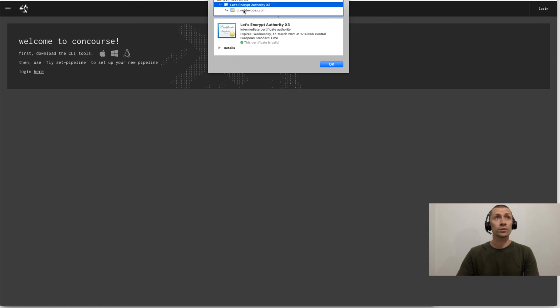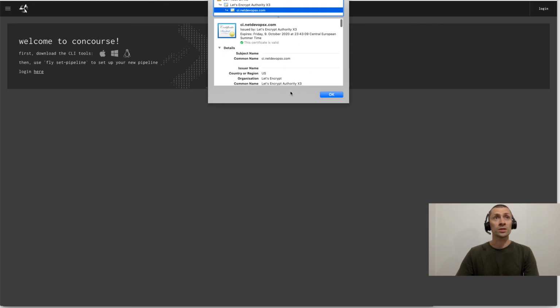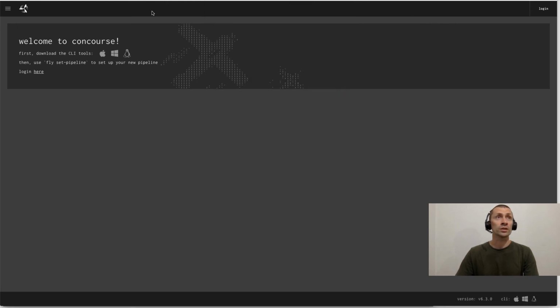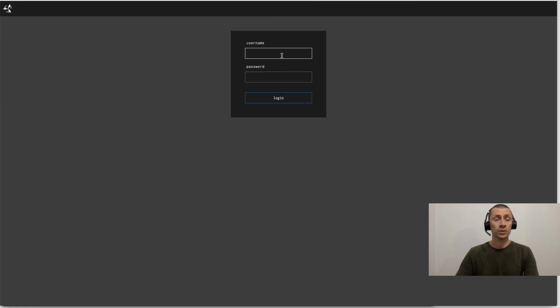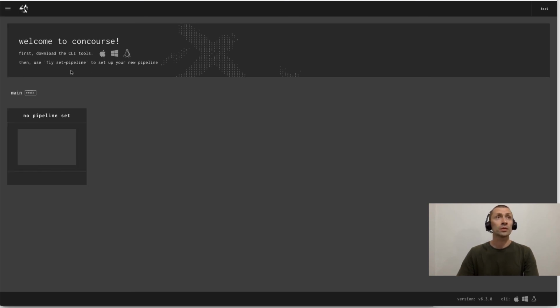It was provided by Let's Encrypt, and this is the certificate itself. So as you can see, this is green, it works, there are no warnings. There's something bad, and we didn't change the default password, so technically you can authenticate yourself here, test, login, and it's done. So here you are.